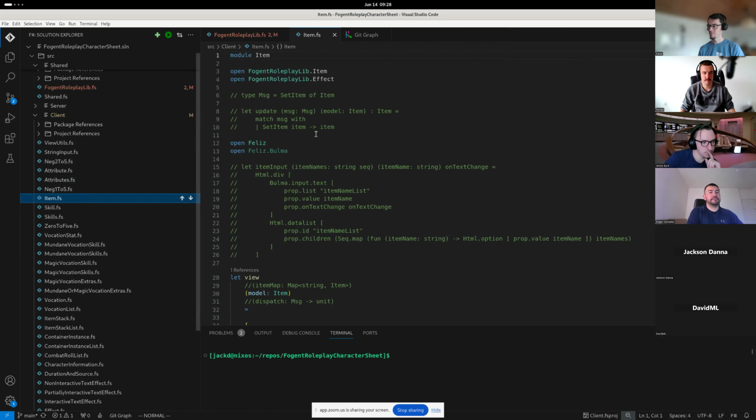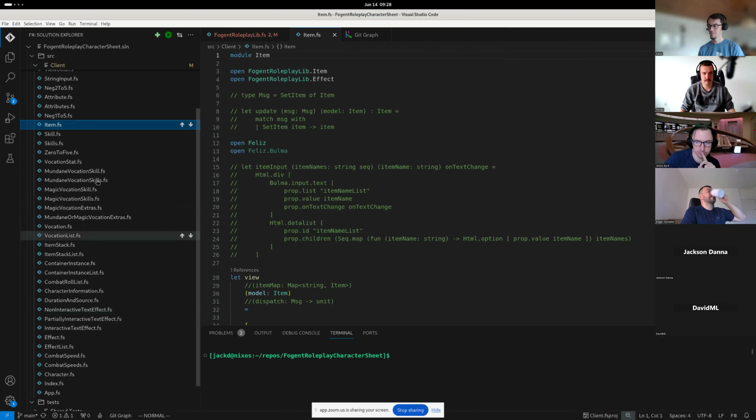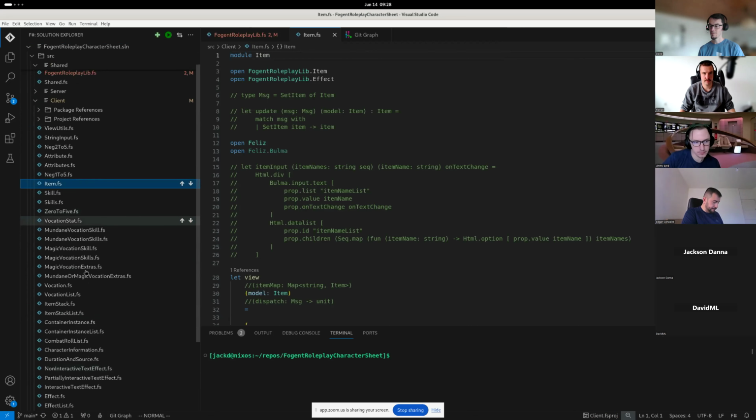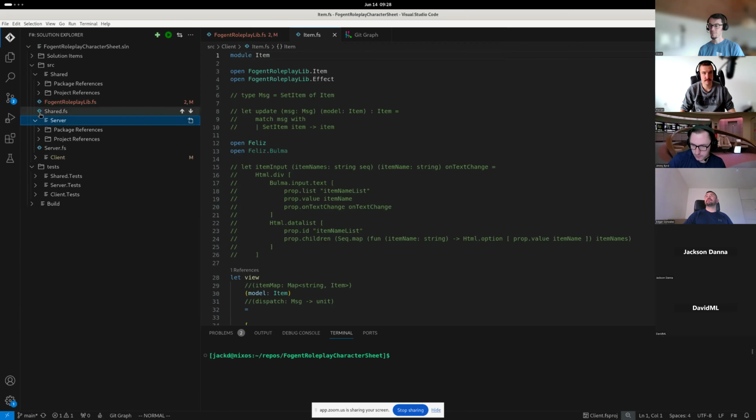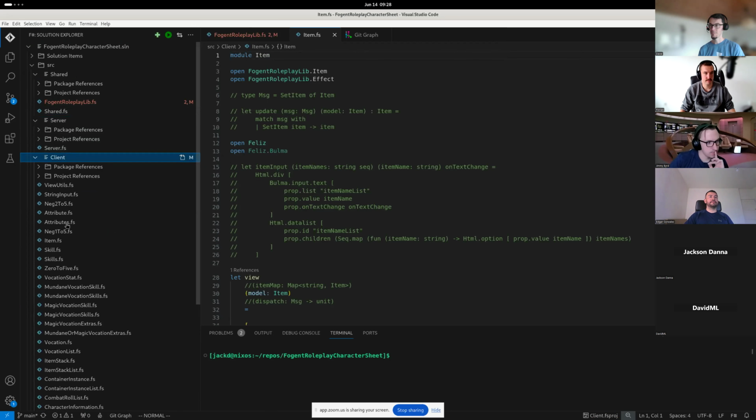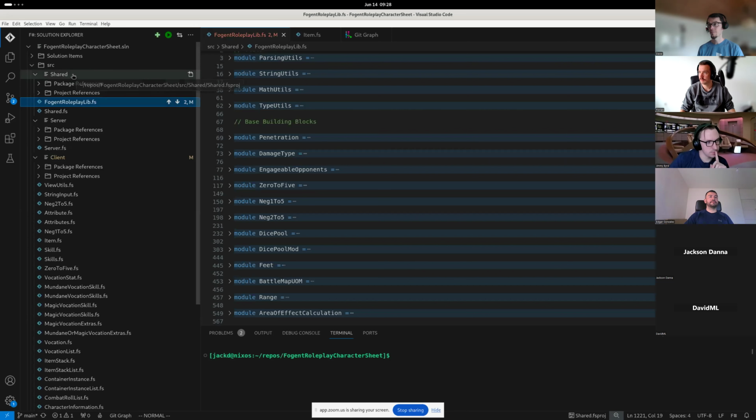So I just thought it would be cool if there was a way to drag these around into different places. And then also, I don't even know if this is too much, but maybe a way to drag files between different projects, because one idea I could see myself doing in the future is starting in this kind of shared repo and then, if there's a specific feature for a specific version of my game, breaking it out into that.